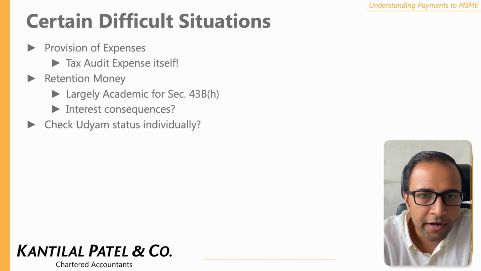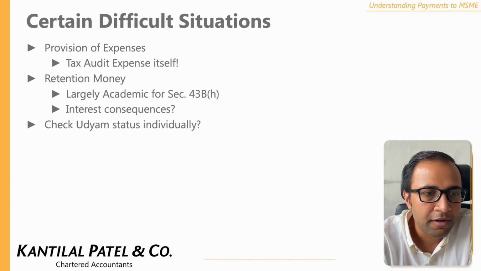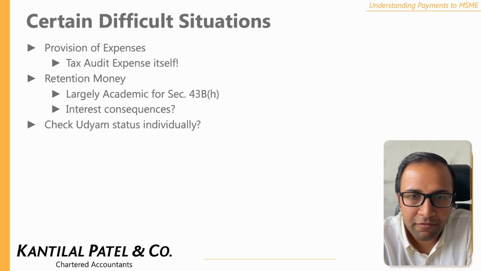So the first is relating to the provision of expenses, and here typically the first thing that comes to my mind is the tax audit expense itself, because the tax auditor is required to certify the disallowances under 43BH. And let's assume a situation where the tax auditor itself is registered as a micro enterprise under the MSMED Act. And in this situation, there is a provision of expense for tax audit done in the financial statements